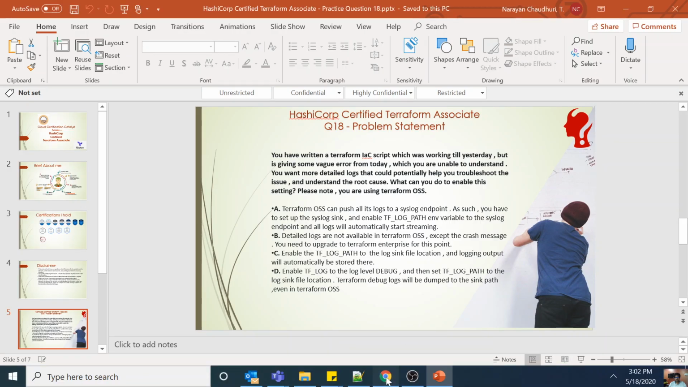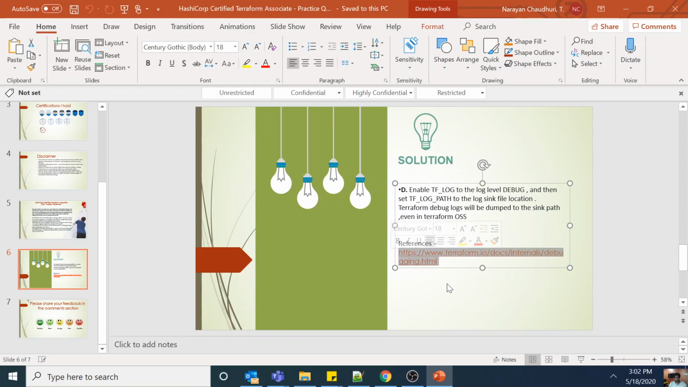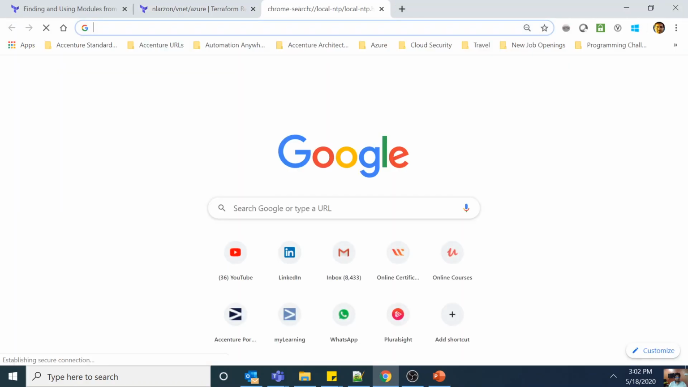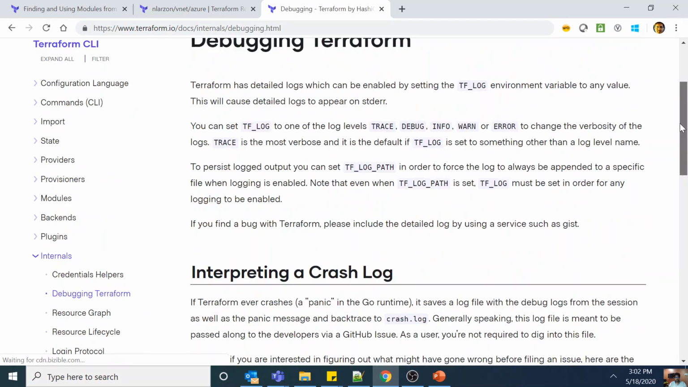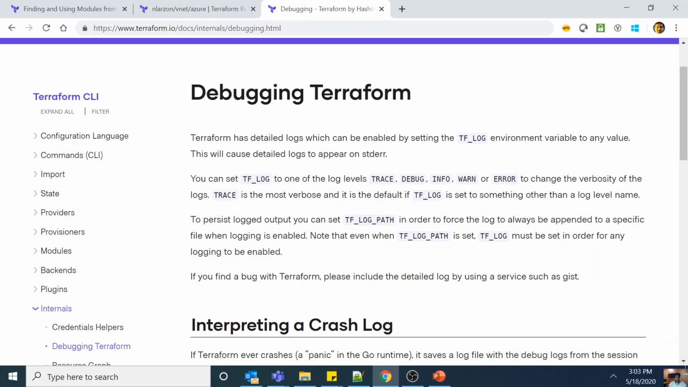So I'm going to the documentation. It is a very simple documentation. Let me just go to the documentation once. Yes, this one. So as you can see, this is a very small documentation, but it is going to get you at least 1 mark. So debugging Terraform, it is saying Terraform has detailed logs which can be enabled by setting the TF_LOG